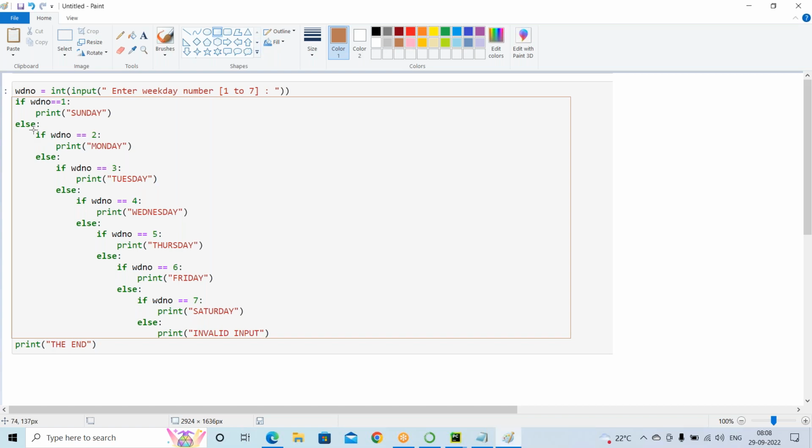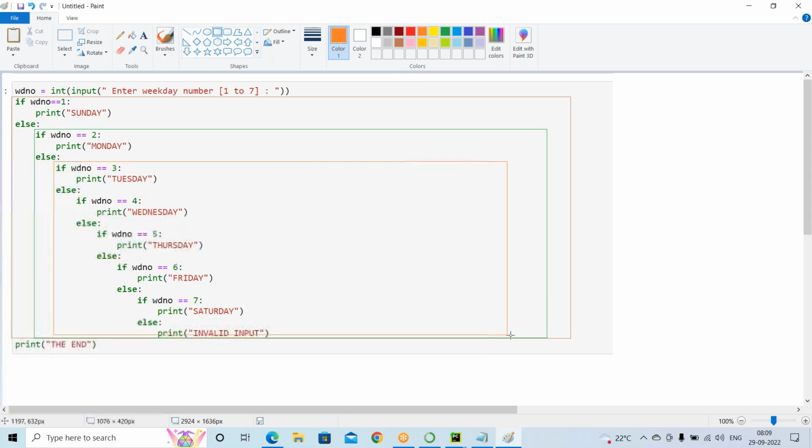Then inside the else, you have one more if block. Inside the else, you have one more if block, right? That if is having if else both. One if block may be simple if or if else or if-elif sequence, anything. Okay. Inside this else,